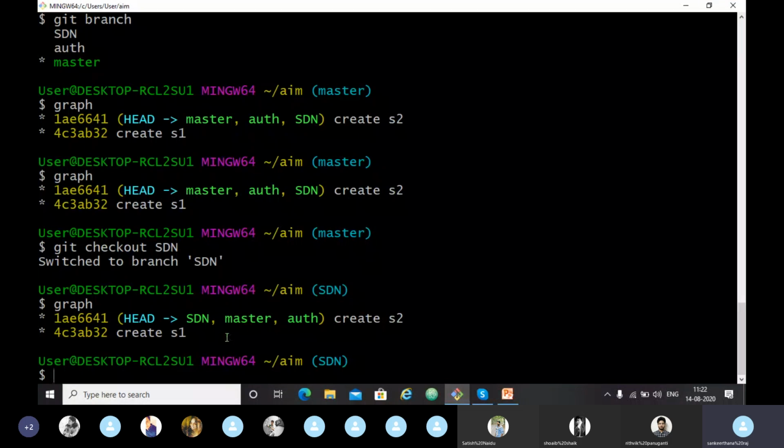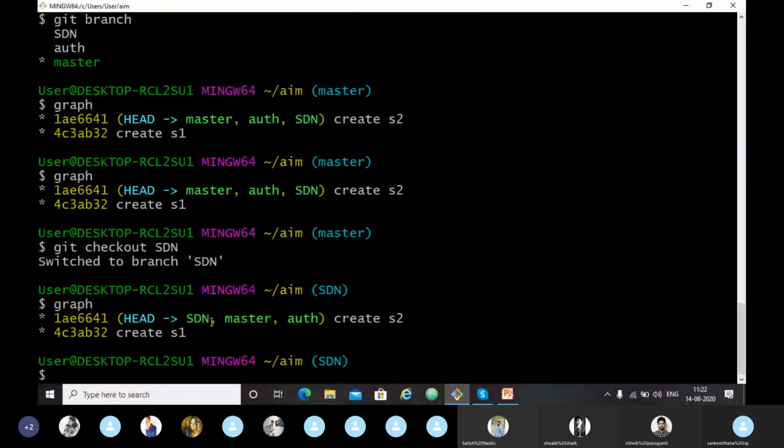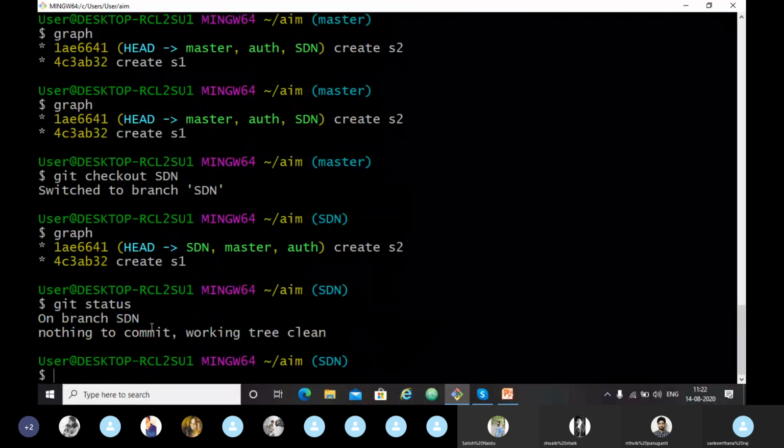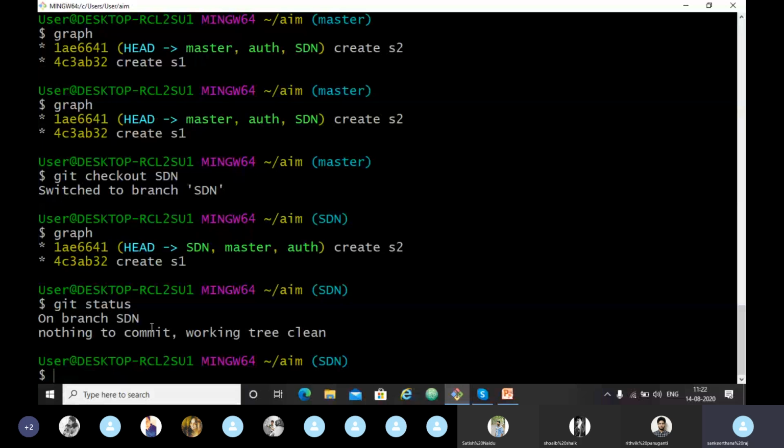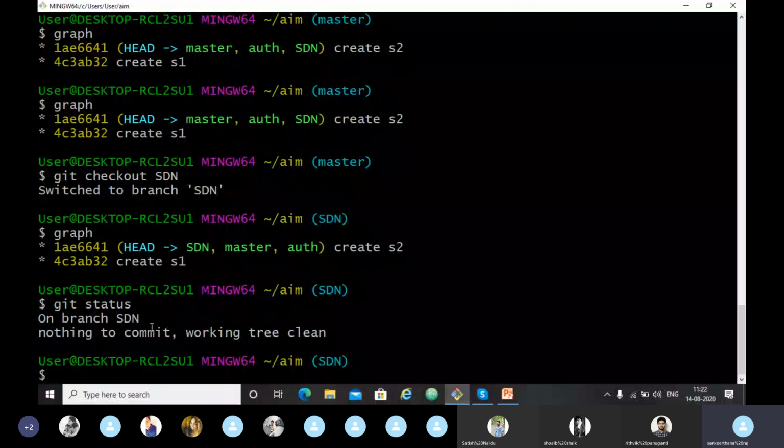After this, let's see the git status. Nothing to commit here, but it shows on branch SDN, which means we are currently on the branch SDN. Right? Now I will edit my S1 file. Again, same process, capital I, then type Hello everyone.